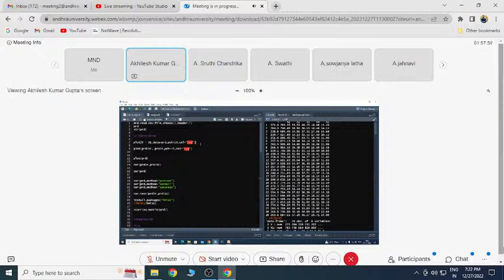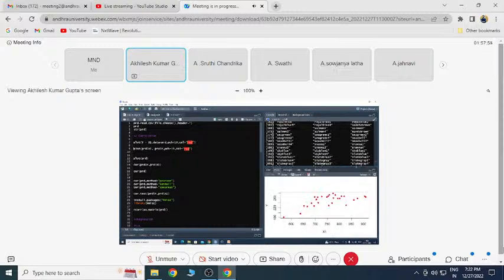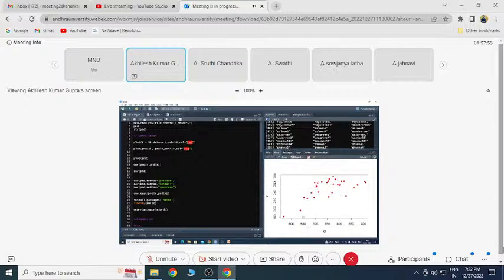So I will run this command and I will get a plot like this, a scatter plot. So this is my scatter plot. You can see that from this plot I get an idea that there is a positive, you can say moderate, type of positive relationship between y and x. So if you write like this, y followed by x, y will be plotted on the vertical axis, x will be plotted on the horizontal axis.